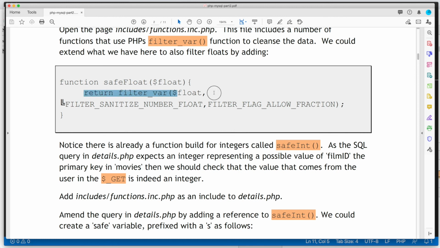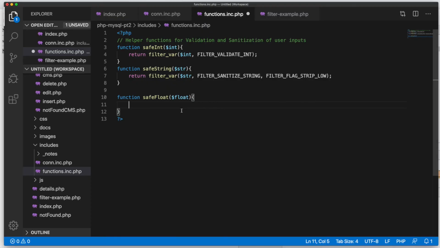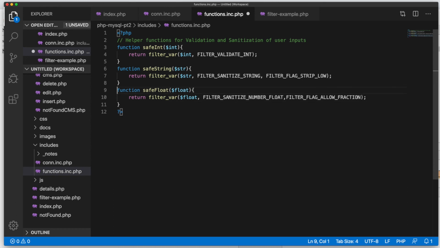And then I'm using this flag here. I should finish the line like so, because it's too long a line in the PDF. So now I've got an additional function called safeFloat that's going to sanitize a float to make sure that it is a float, i.e. it's a decimal number. And if it is, it will return that decimal number. If it's not, it will return false. And we could keep building this file up with other kinds of helper functions to help us with our validation and sanitization of the